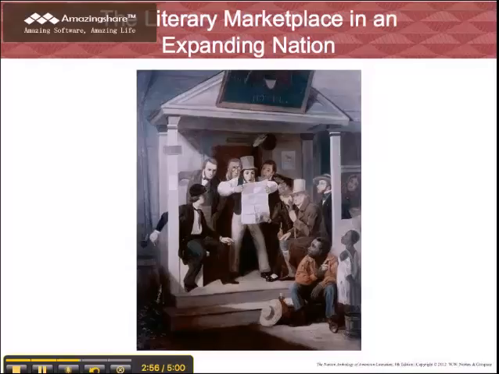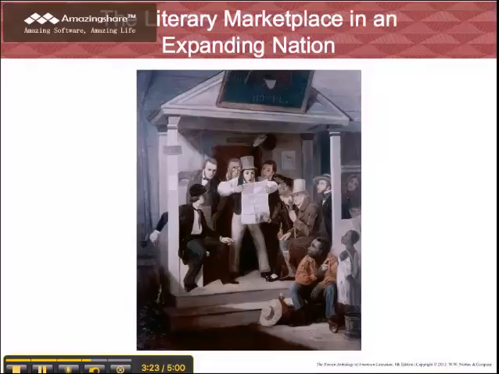Richard Caton Woodville's War News from Mexico, 1848, is one of the most iconic images of the antebellum period. Depicted here is a group of American citizens reading in their local newspaper about the events transpiring in distant Mexico. The newspaper is at the center of the painting, both literally and figuratively. It creates a white space at the exact midpoint of the painting to which our eyes are drawn, and it